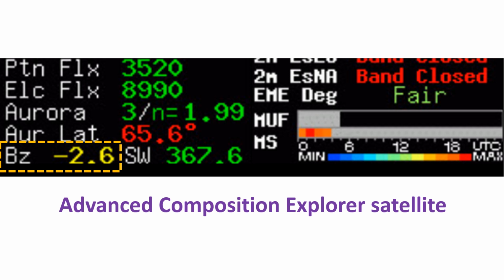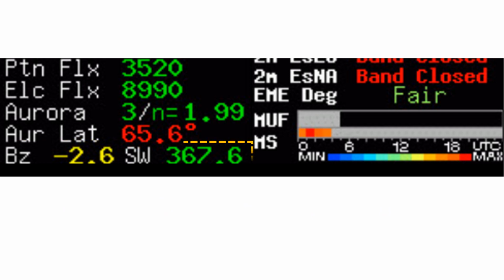Positive values are in the same direction as Earth's magnetic field, while negative values are of opposite polarity. Range is from plus 50 to minus 50. When the BZ component is negative, it cancels out Earth's magnetic field and increases the impact of solar particles in the ionosphere. Solar wind speed was reported from the same satellite as per Paul's website, though most likely both are